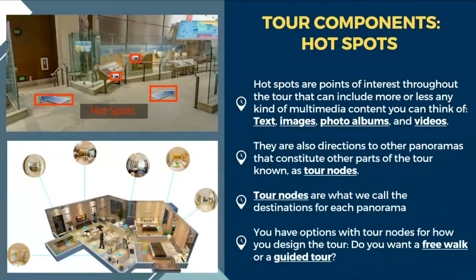Then you have hotspots. Now, hotspots are specific to a particular panorama. And what they do is they're basically entryways into all sorts of different types of content. So you see here, this is another still from the AMNH. You have a couple of camera icons there that take you to image galleries that you can click through. And then you also have those directional arrows, which are tour nodes, which are a kind of hotspot,